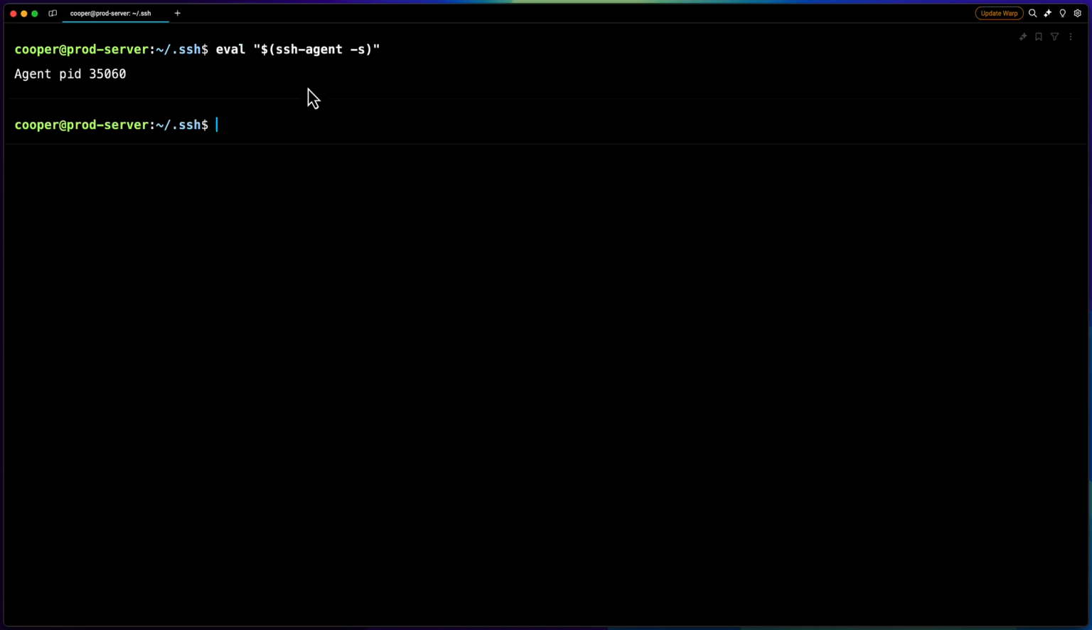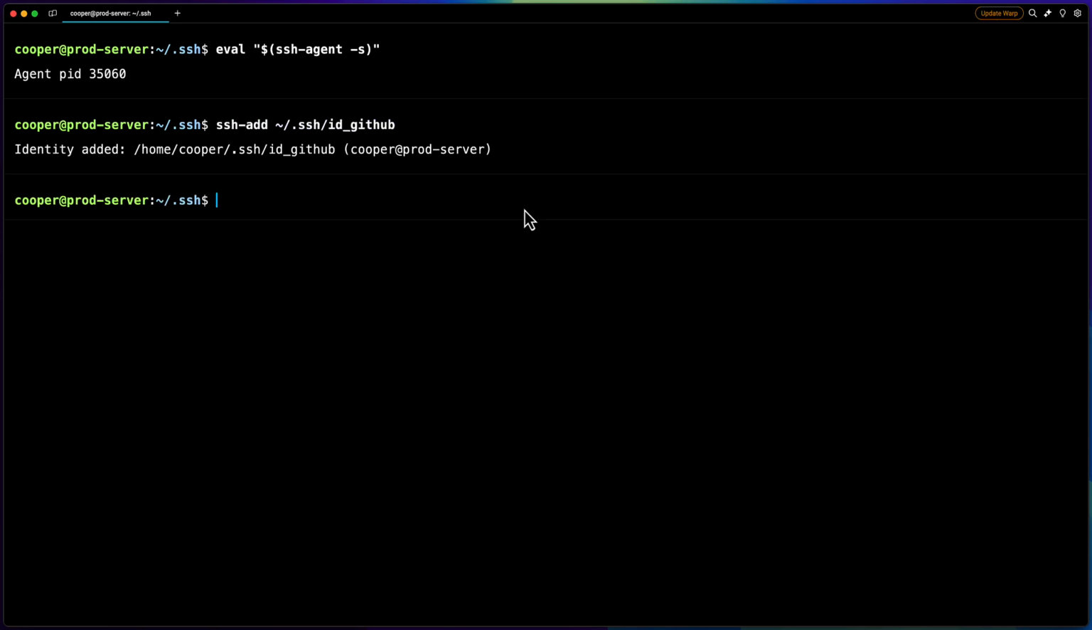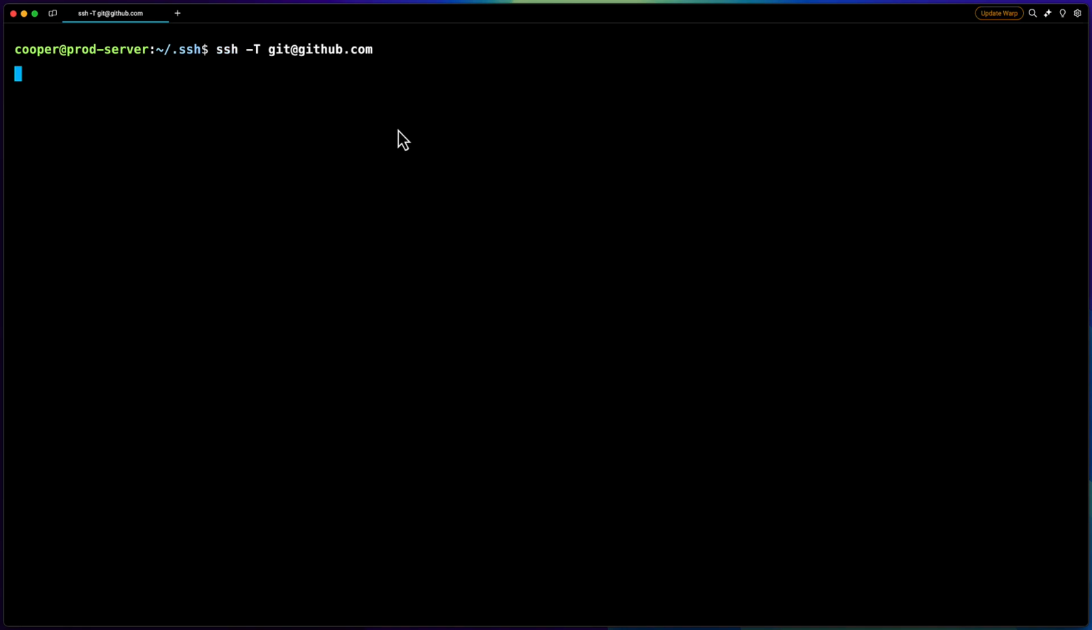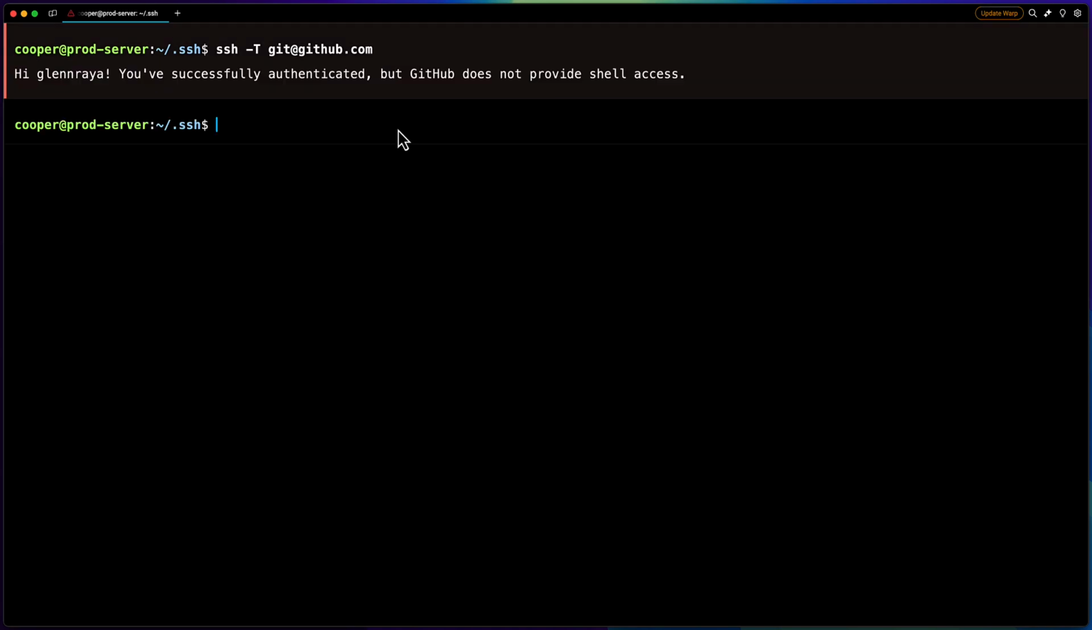Okay, this message indicates that the SSH agent is running. Now add the SSH private key to the SSH agent with the following command, specifying the full path to the private key. If successful, you should see this message saying the identity has been added. Okay, next, test the connection with the provided command. If you receive a successful response, GitHub can now securely connect to your server, and you are ready to clone